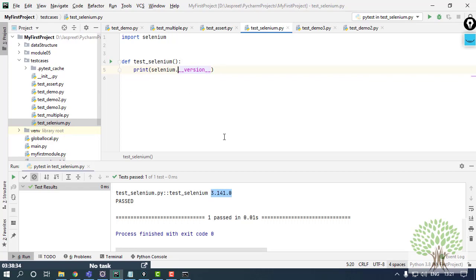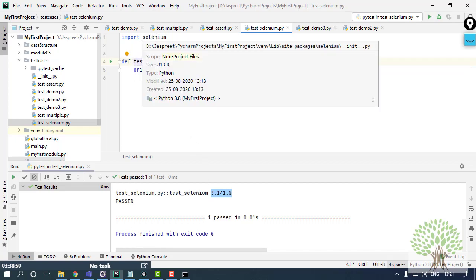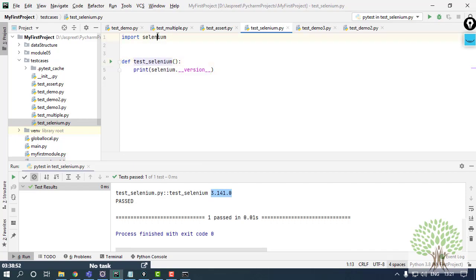Okay, so this was how you can download and install Selenium into your system, configure it with your IDEs and work with them. On top of it, you do not need to import any kind of documentation. If you take the cursor over any point, the details about that particular point are going to be shown to you.